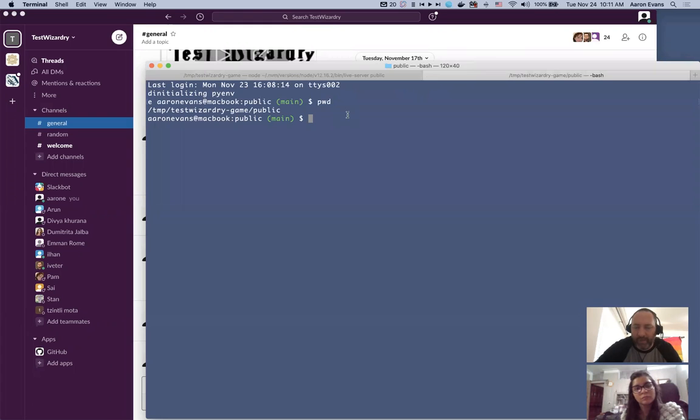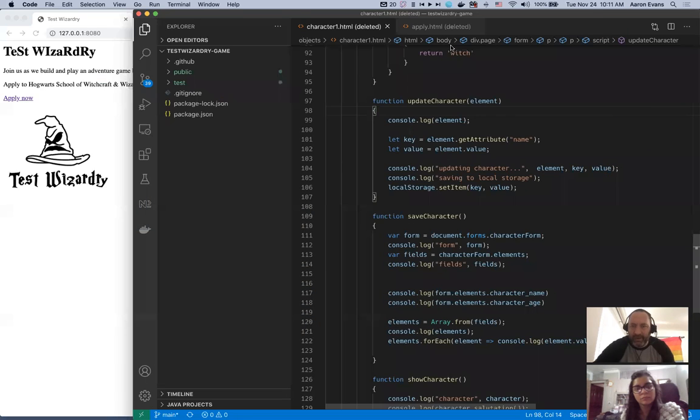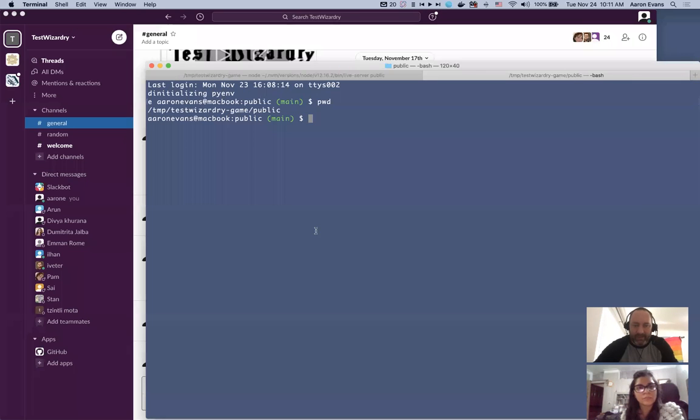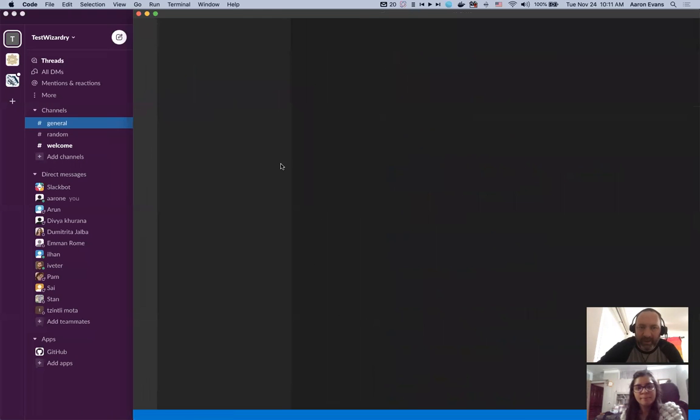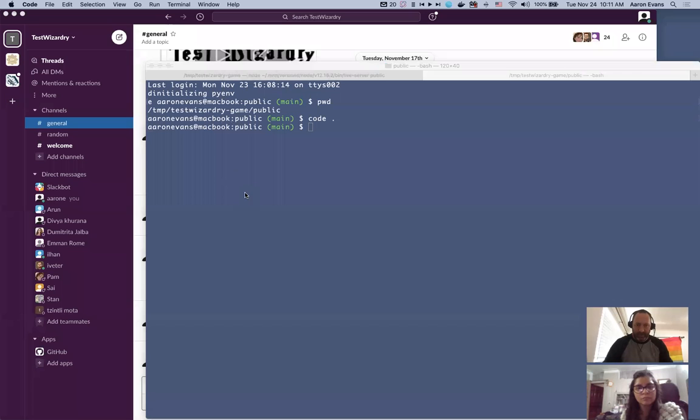So there's a couple things we'll need to do, and we're going to hop over into our code editor. And we need to open it again because we moved everything around. We have a bunch of files that were open in their old location. Yeah, right. I don't want just the public directory. I want to go back to my project root directory. Yep, and then